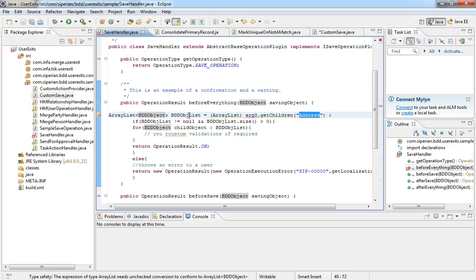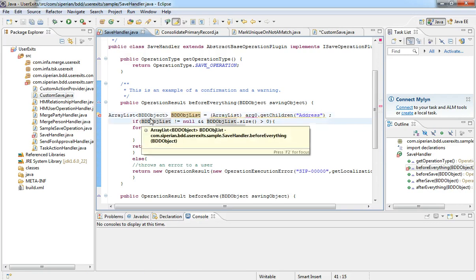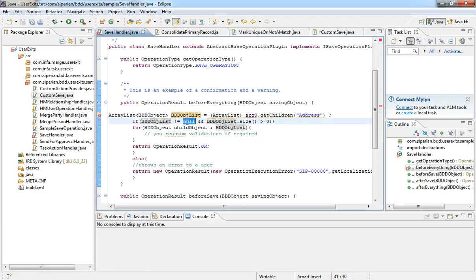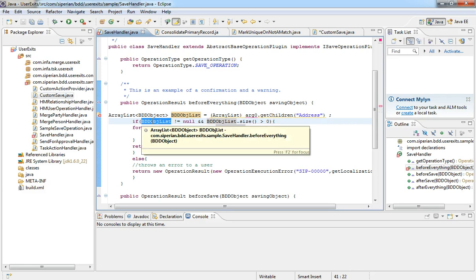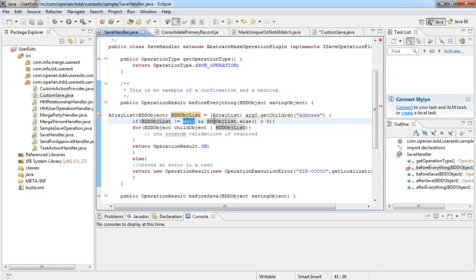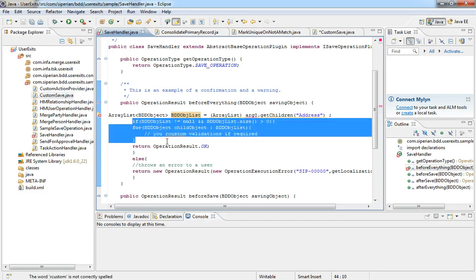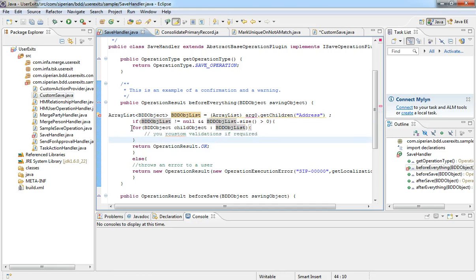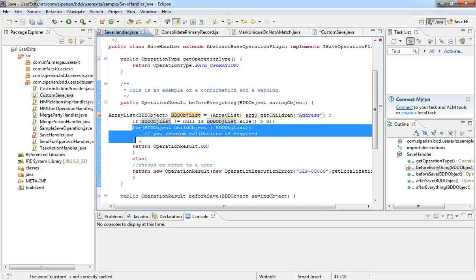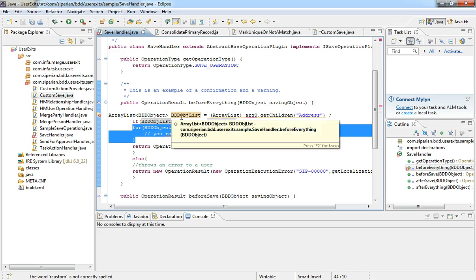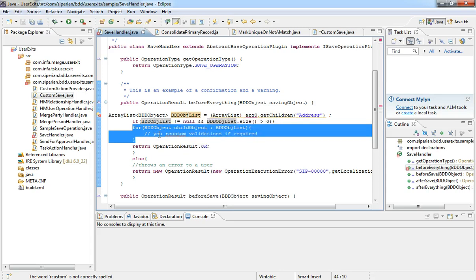Once I have retrieved the child subject area, I'm going to do a simple validation here, basically checking if the object is not null and the size is greater than 0. If that's the case, that means he has put in an address. You may choose to perform certain other validations by going through each object. Please note that this is a list, so if he has 2 addresses, you'll have to go into a for loop and perform the validation on both the addresses,